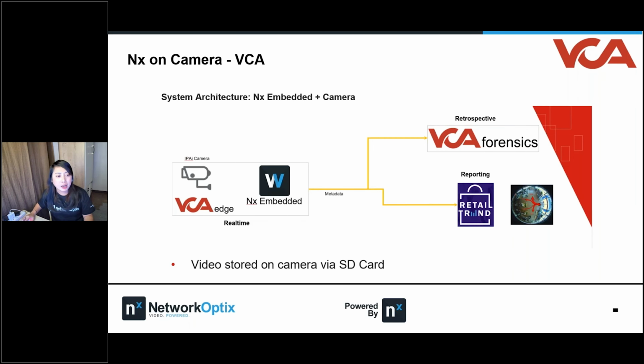Now, the VCA camera is a fully functional NX server embedded in the camera. So it is a serverless architecture, and everything is on the camera. You can use an SD card, with a maximum of 1 terabyte, and it has a range of integrated onboard analytic plugins like AI analytics, facial recognition, and ANPR, the automatic plate recognition, and MMCR, make, model, color recognition for vehicles. At the same time, it has a server high availability architecture and a flexible grid user interface.